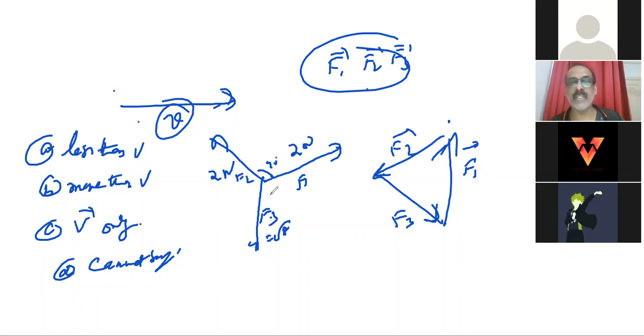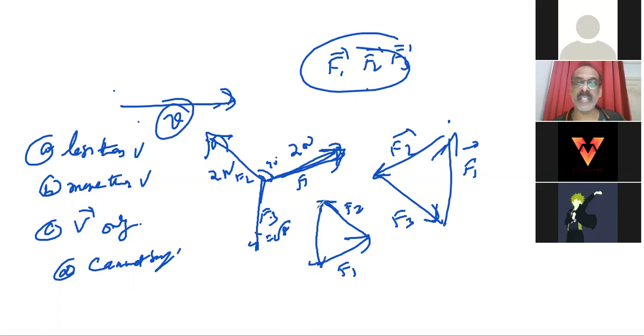It is 90 degrees, so here I am representing this in the triangular law. F1 I am transferring in this direction, F2 from here I am transferring to this side, and F3 comes downward. You see, they are in the same order, so it is under equilibrium, isn't it? Yes, sir. So if you are taking all in the same order, that means it's an equilibrium condition. That means net force acting is 0. If net force acting on an object is 0, the velocity remains unchanged.